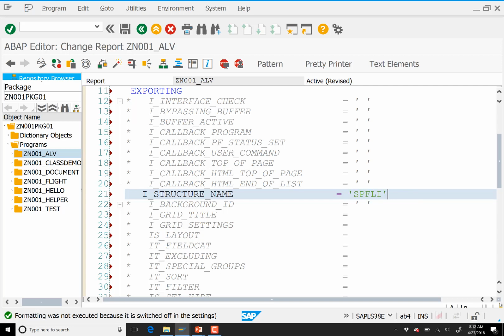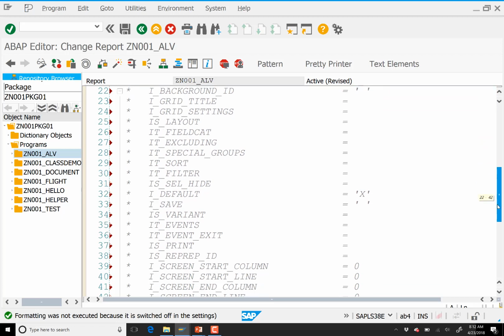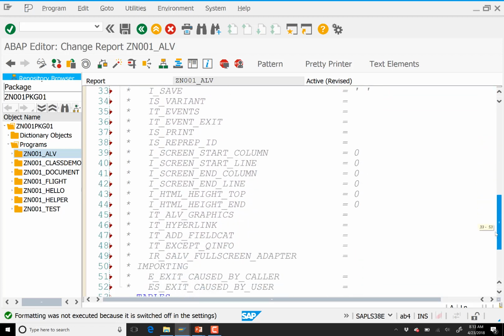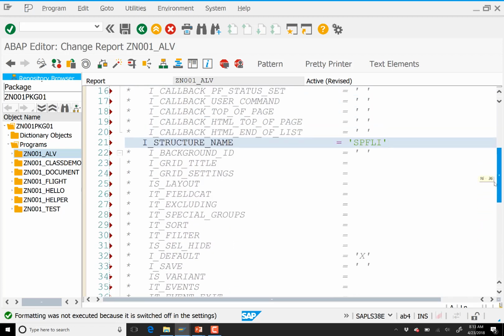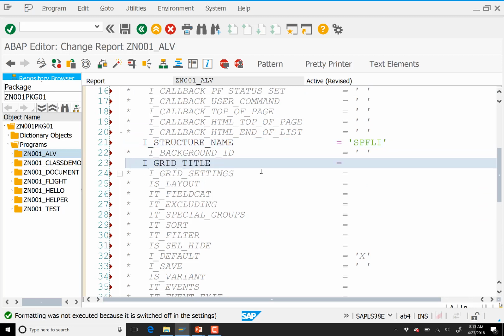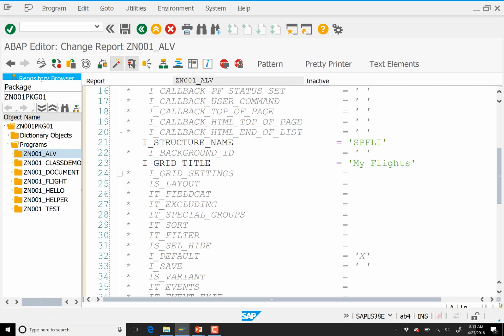I can also, for this one, give this a title. And so if I come out here and find, sometimes the hardest part of this is finding the field you want. I_grid title. I'll set that to be the title that I want this ALV grid to be, and so I'll call this just my flights. Okay, and so if we save this now and we activate this,